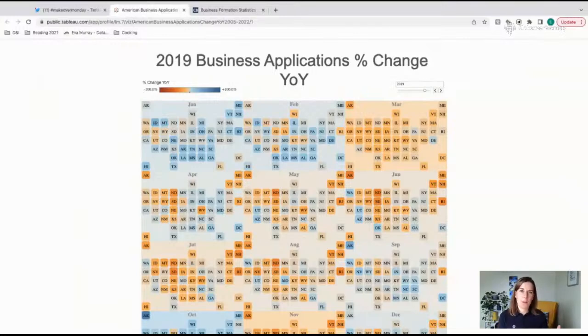So if I apply that lesson particularly, but also other stuff he said, to these visualizations, I would say the title says what it is, but it doesn't really tell me anything. What is business applications? Genuinely, what is it? Because when you think about a technology context for applications, maybe it's a software for a business. Business applications, from my understanding, is people or groups of people applying to open a business. So say that, and how they have changed year over year.